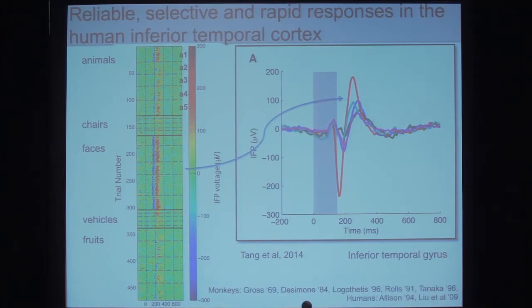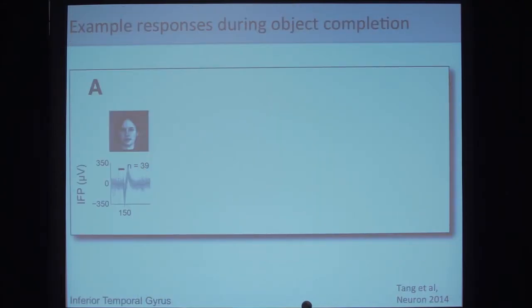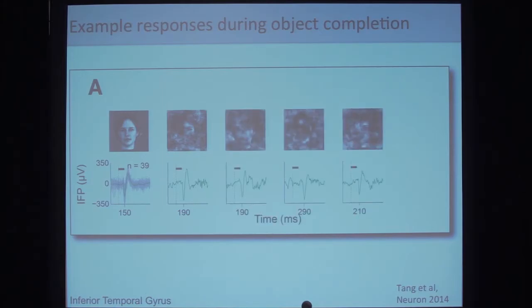So what happens in the human brain when we significantly occlude the objects and we present only partial information? Here's just one example of one picture, 30 plus repetitions of that particular picture showing the potential as a function of time from another electrode. Here I'm going to show you a few single trial examples of what happens when you only present about 10% of the image. It turns out that to a first approximation, although there's some variability from one picture to another, the signals remain largely the same, meaning that the signals in these highest echelons of visual cortex remain strongly selective despite these very strong degrees of occlusion.